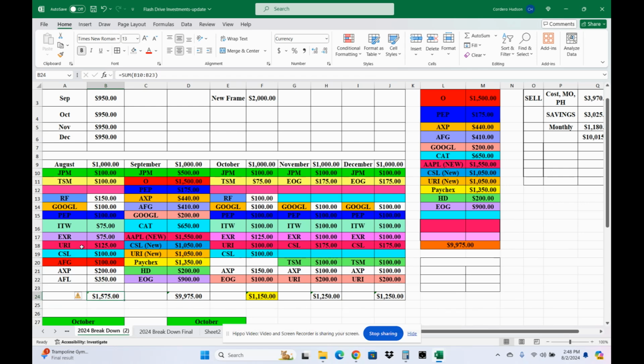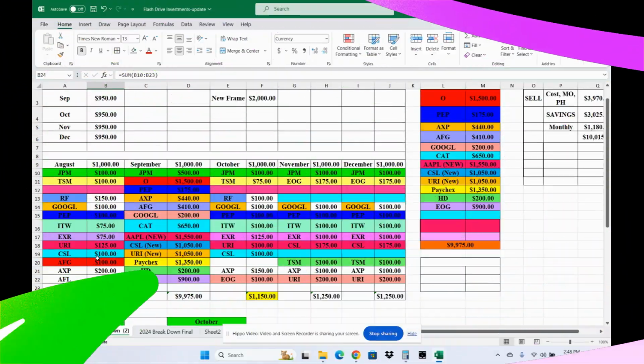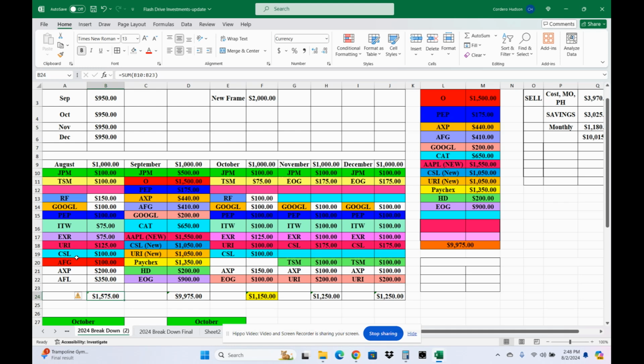URI, which is United Rentals. I'm going to get that stock up. CSL, which is the building company. AFG, you just saw that. That's the insurance company. AXP is American Express, and then Aflac. I'm gonna put